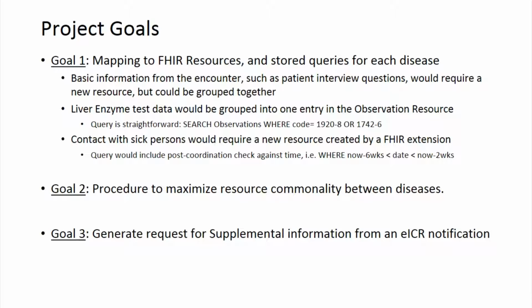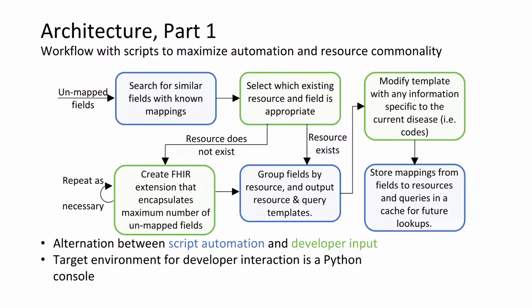The third goal is to generate requests for supplemental information from an eICR notification. As shown in the introduction slide, we need a set of disease-related fields that are needed for CDC notification. For the unmapped disease-related fields, we will search for similar fields in our FHIR resource. If an appropriate FHIR resource exists, then we will group the fields by resource type. If such a resource does not exist, a new FHIR extension will be created to encapsulate the maximum number of unmapped